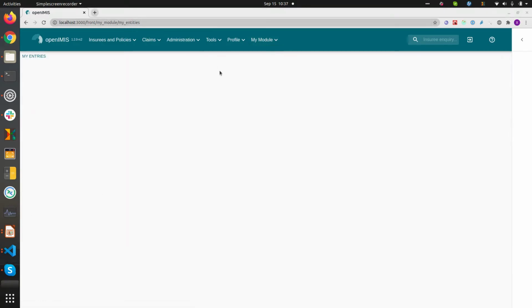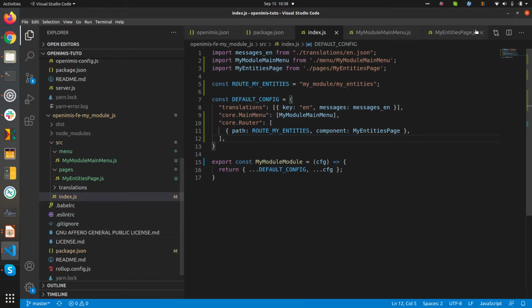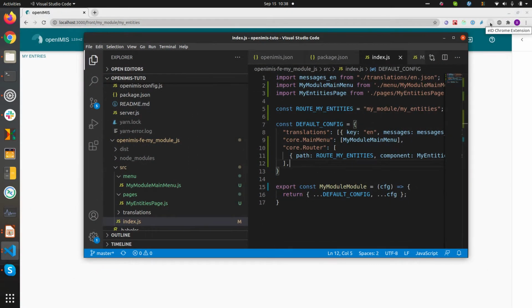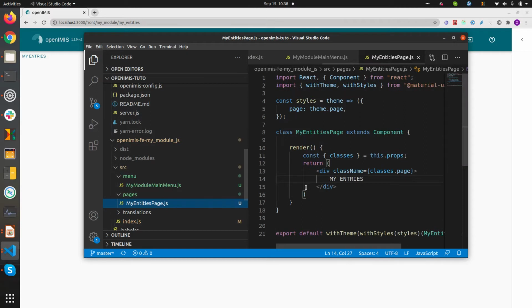So to sum it up, we have created a new module that adds a main menu entry, which contains one entry with a route to my module, my entities. To that route, our own module registers a page which displays my entries. So this is all done dynamically thanks to the yarn start in the module and the yarn start in the application. So if you change the page content to your needs and save, all the compilation goes in the background